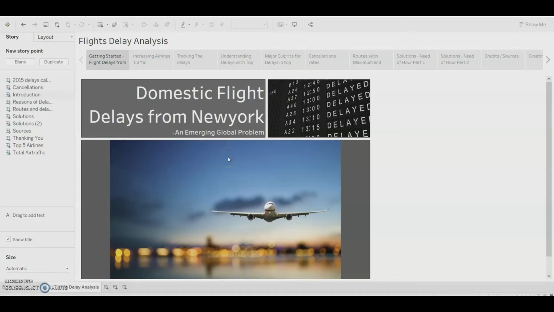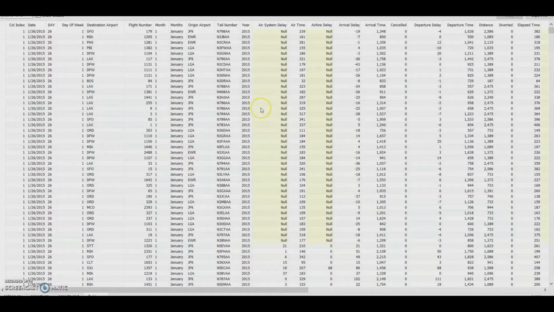So before we begin our story and tell what's in it, I'm going to take you through our data set. So this is our data set. We have various fields in it. We have the destination airport, and then we have the flight number, and then we have month and the origin airport, that is the source airport, and then we have tail number, and then we have the field air system delay. That means if there was an air system delay or not,